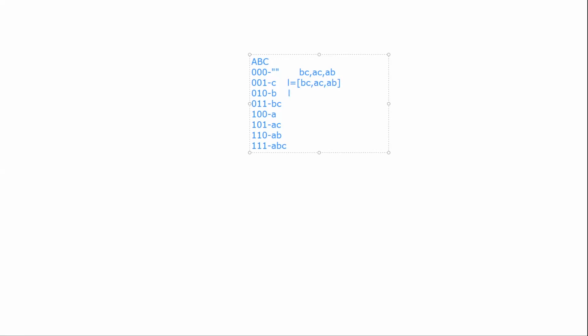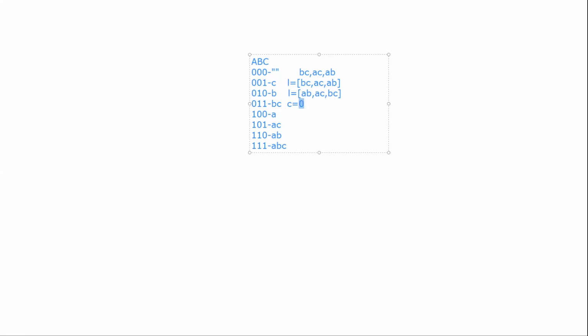So I will sort all these elements and store them in the following way: AB, AC, and BC. And I will keep a pointer C, which will be used for printing the next value.